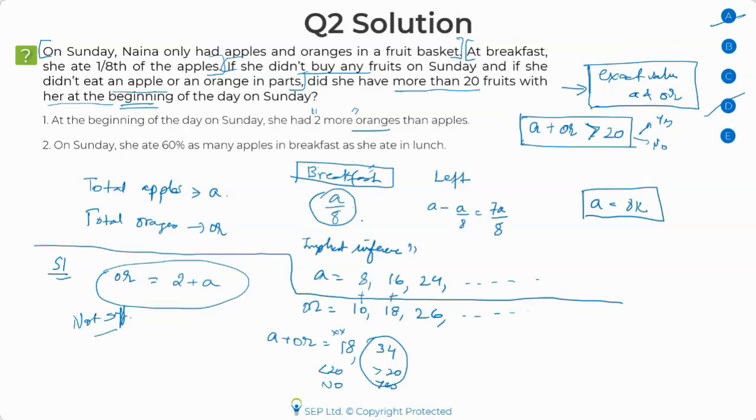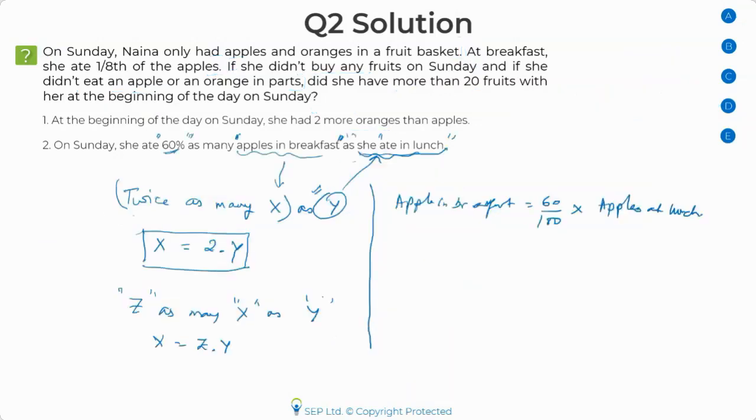So because they're talking about apples in this case, I'm not going to worry about anything else. The only thing they are telling us here is that on Sunday she ate 60% as many apples at breakfast as she had at lunch. So I'm concerned about "as many apples." Think of it this way: apples in breakfast, apples in lunch, just to clarify it more. So this is 60% as many in breakfast as in lunch. What in breakfast, what in lunch? They're talking about apples. I'm just comparing apples. I hope it's clear now.